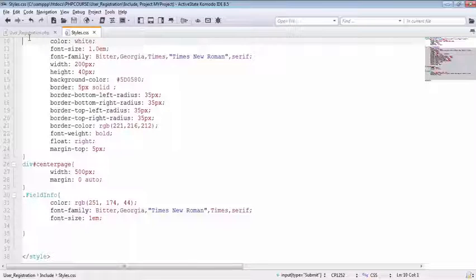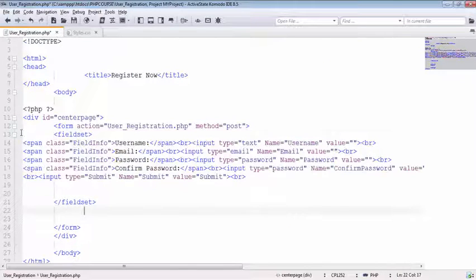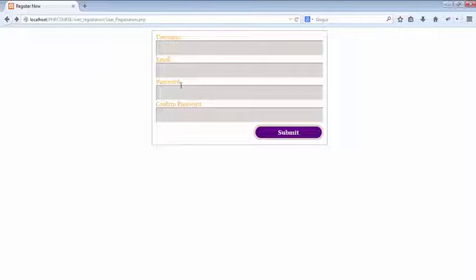Now I'm going to add this class on these user registration fields by using a span tag. Now you can see I have added this span of class field info inside my username text, my email, password and confirm password. So if I save this and refresh my page again, now you can see we got these cool styles. So I think it would be great if I add some more margin to this submit